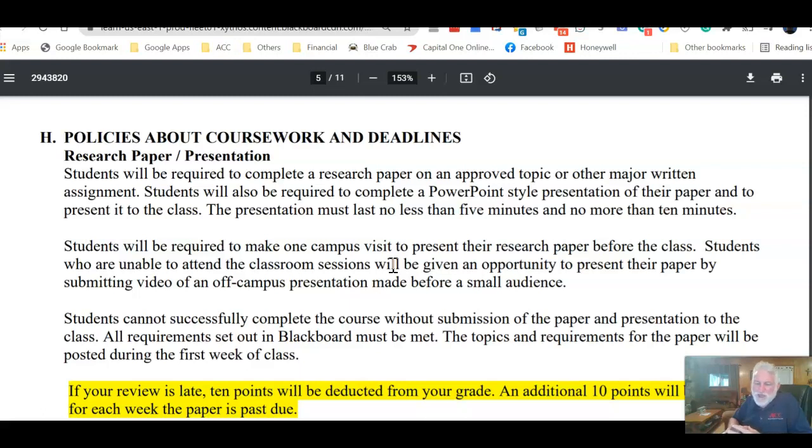Keep in mind that in order to pass this course, you have to have a research paper with an interview, or a patrol observation where you, quite frankly, interview the officer you're riding with. It can be very brief, a little bit of information about them. If you do not submit that, you will not pass the class. If you do not present, either by video or in person, you will not pass the class.